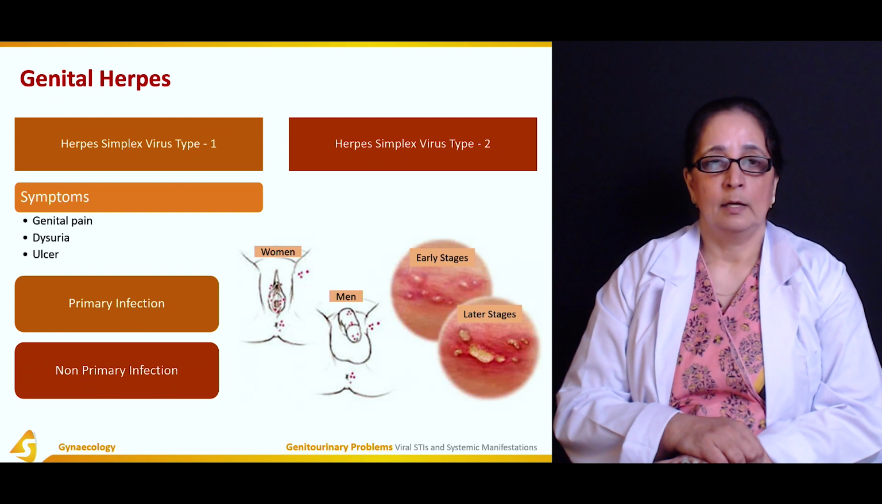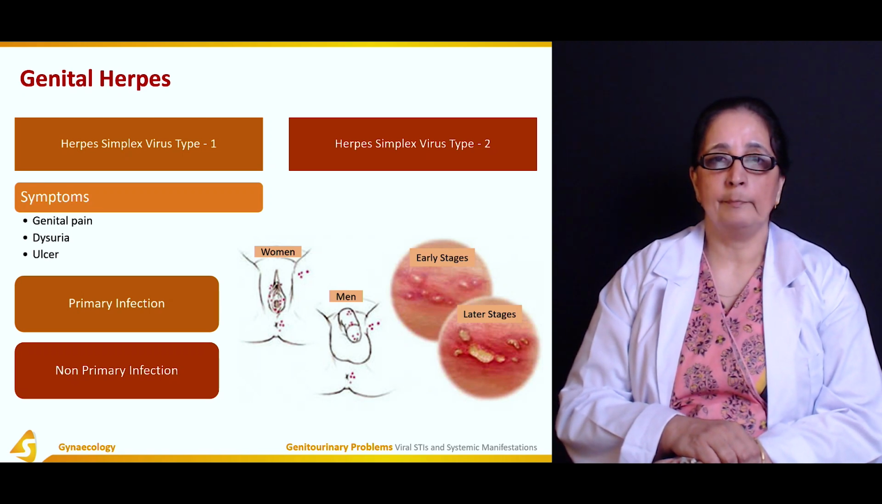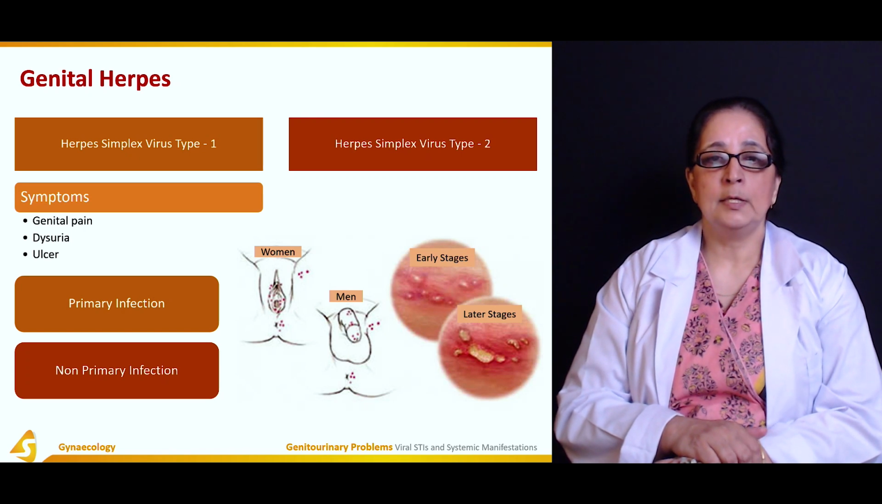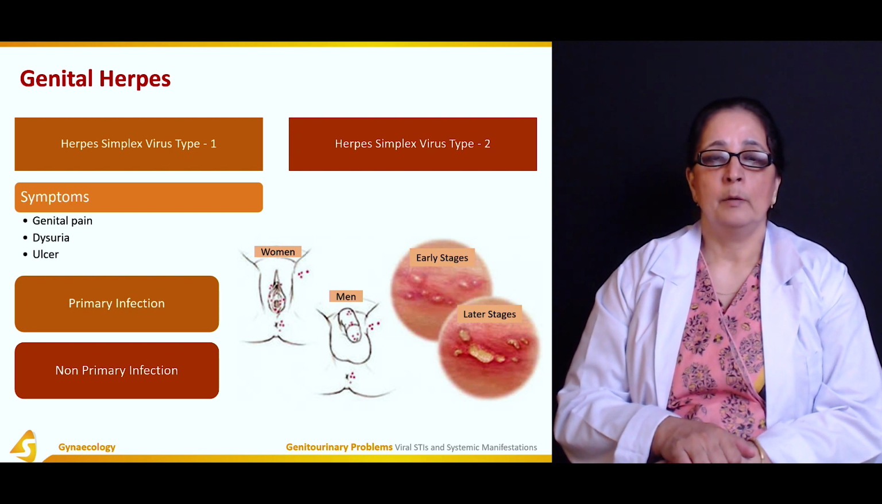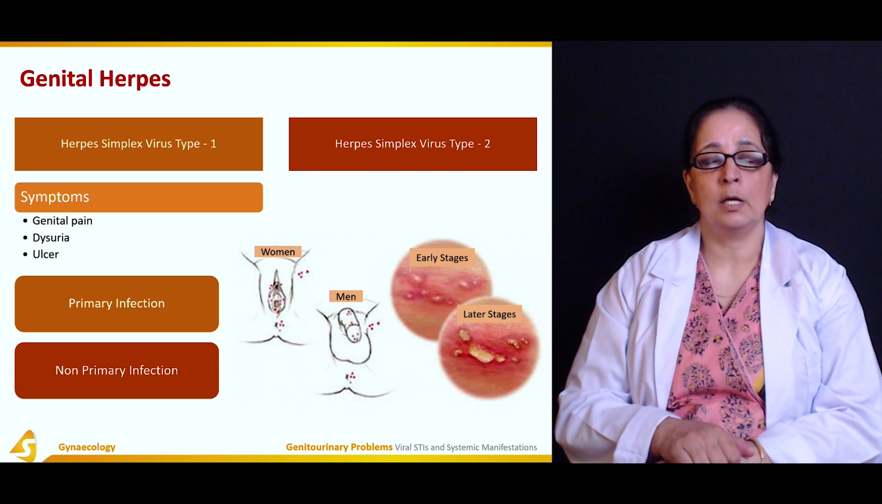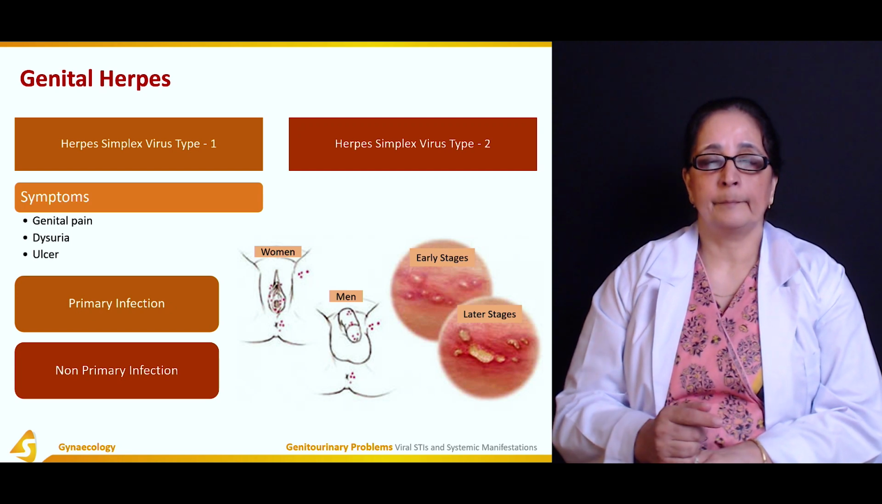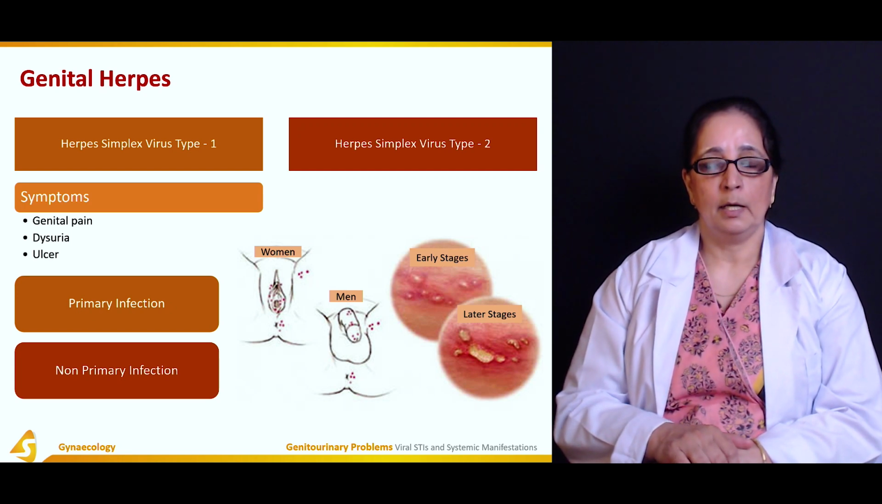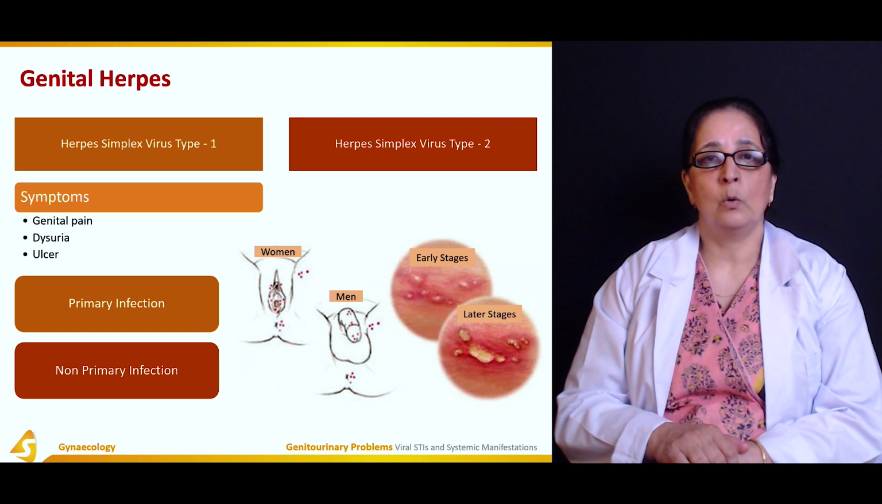Genital herpes. There are two viruses that cause genital herpes, which is herpes simplex type 1 and herpes simplex type 2. Herpes simplex type 1 and 2 both cause genital herpes, but besides that, herpes simplex 1 is also responsible for causing cold sores in the newborn babies or in people who have low immunity. So herpes simplex 1 is also responsible for cold sores and oral